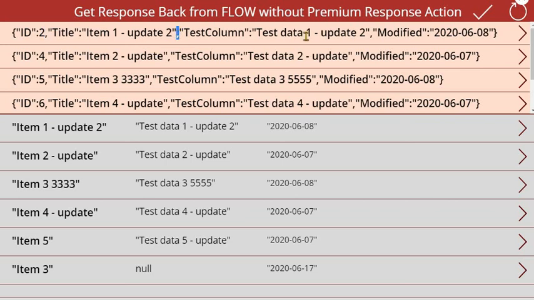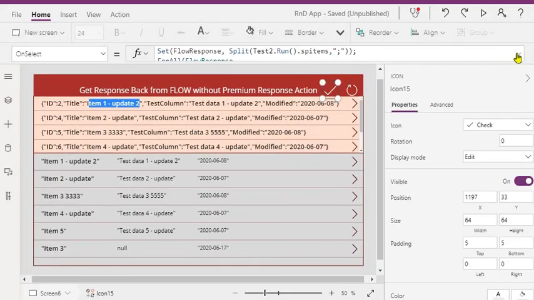We will be splitting this record further with the comma, and then splitting it further with the colon to get the column value. Like this, we split with the comma first, and then further with the colon so that you get this column value. So that's what we have done here.